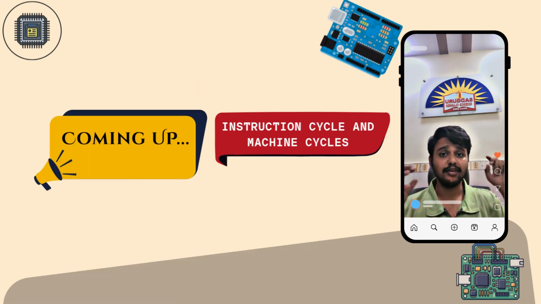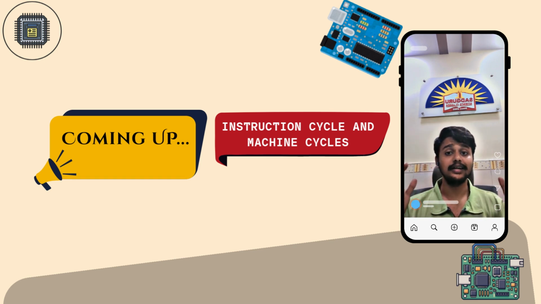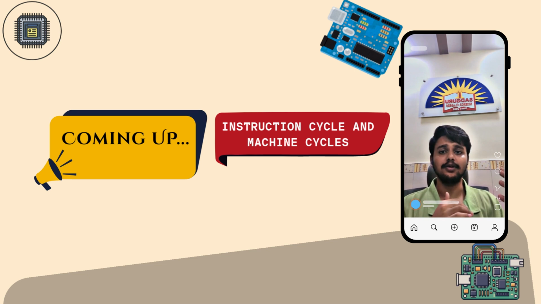In tomorrow's lecture, we will move forward and study the instruction cycle and the machine cycle in the 8085 microprocessor. We will understand how instructions are fetched, decoded, and then executed, and how timing plays an important role